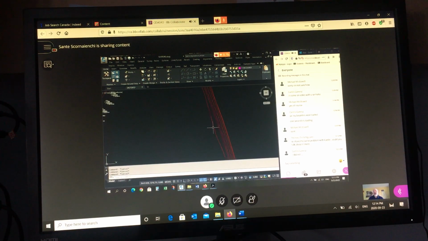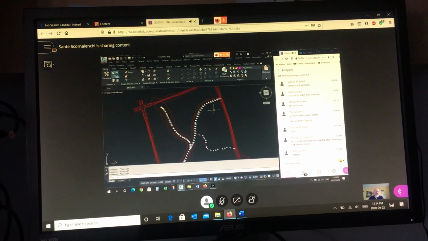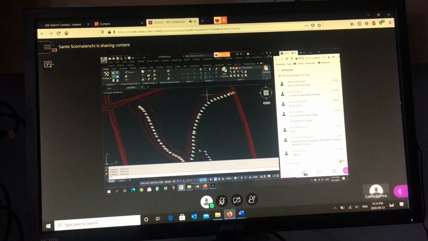Okay, so if you touch one, Caitlin, turn your microphone on. It'll be faster than typing. If you don't mind. Okay. Yeah, it's on. So if you touch one of the lines, does the whole set highlight or just the one? The whole set, so I didn't break it. Okay. Yeah. So you need to type in